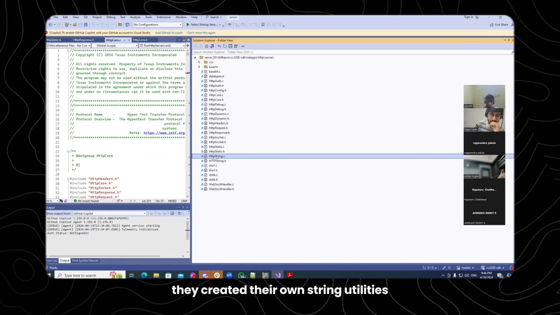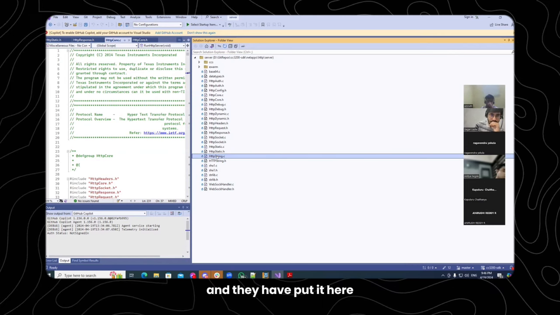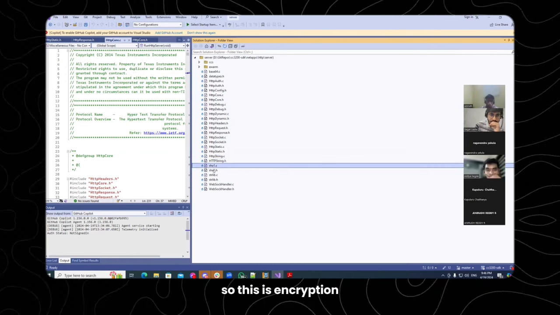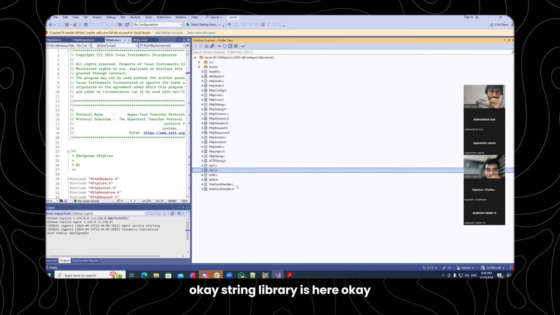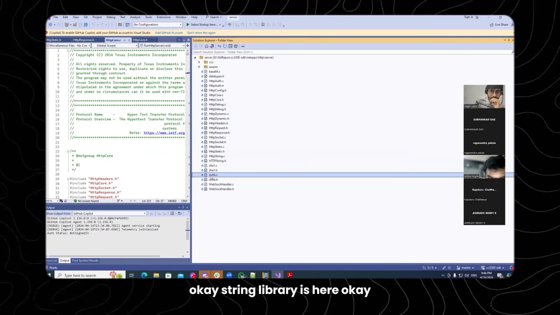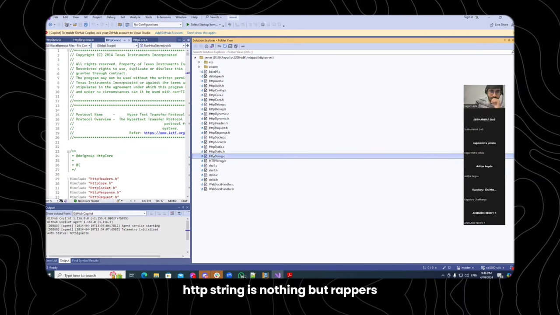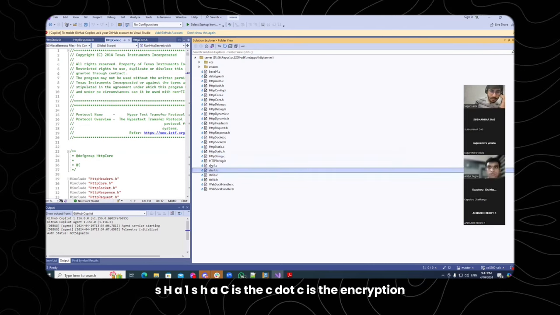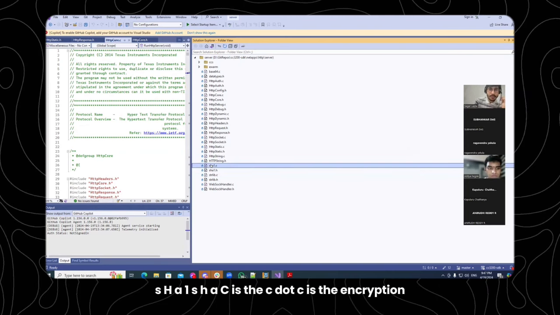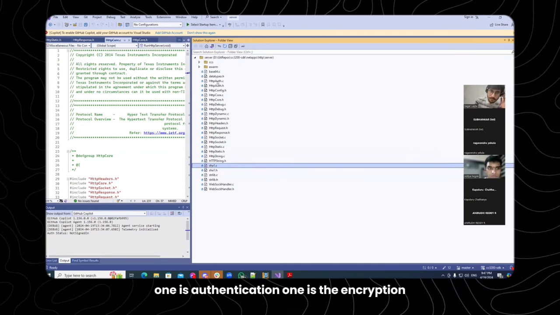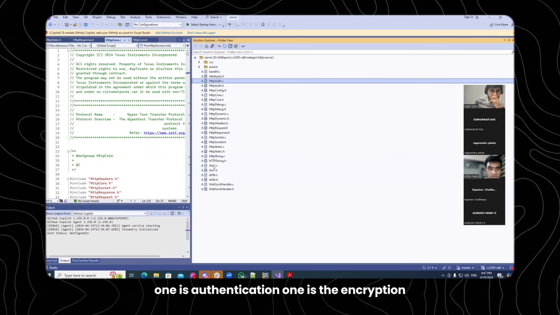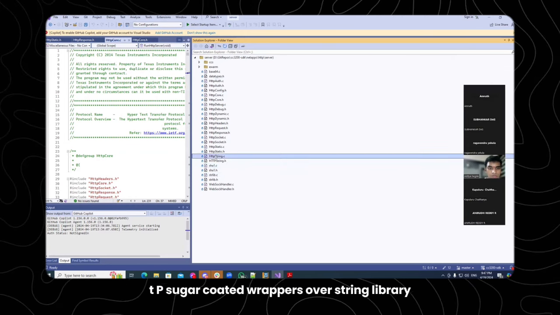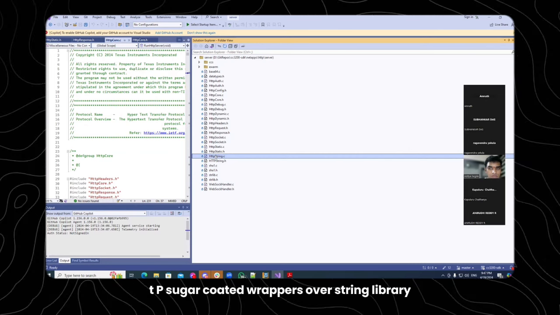They created their own string utilities and put them here, with the corresponding header file. This is encryption. The string library is here. HTTP string is nothing but sugar-coated wrappers over the standard string library. SHA1, SHA.c is the encryption. One is authentication, one is the encryption.